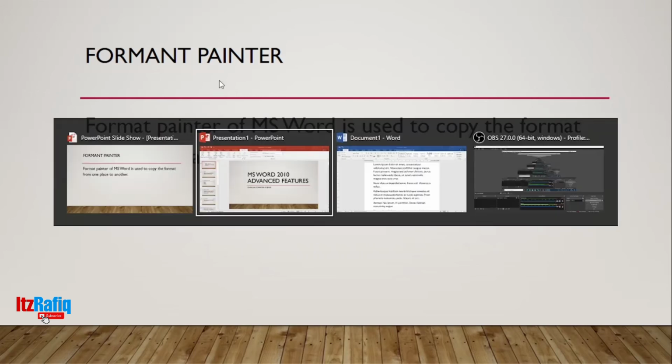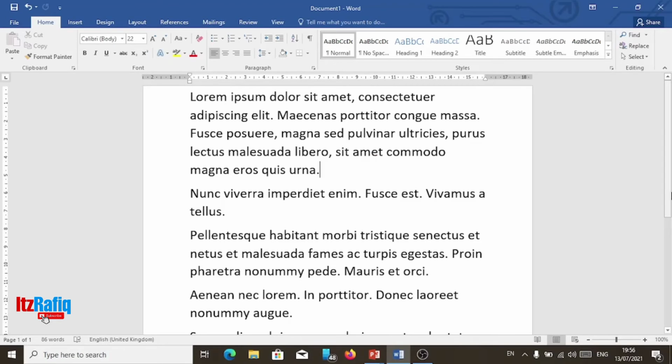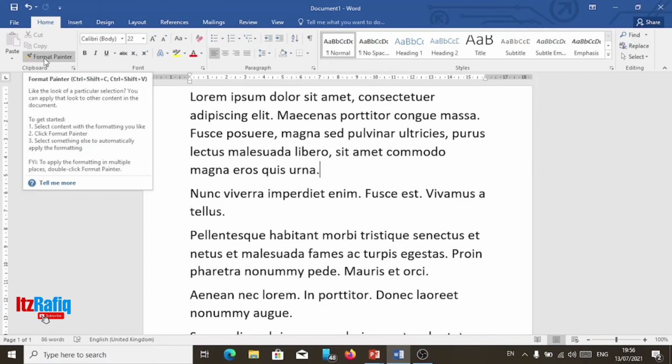Format Painter is available here, next to clear formatting, with a brush symbol. Suppose I select this information, and you can see Format Painter.